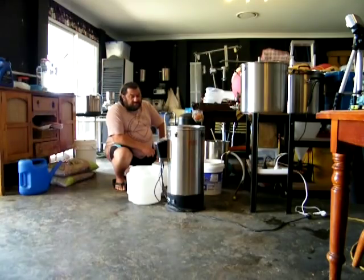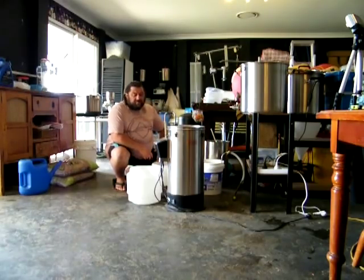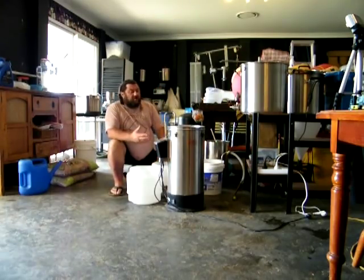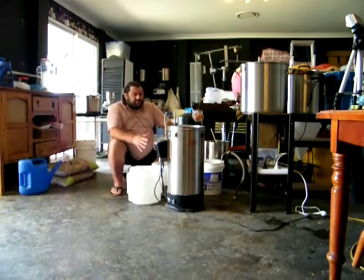Would I recommend this system for somebody getting into all grain? Definitely. It's a fantastic way of getting in. I haven't tried the beer yet. It's looking good. I can't see any reason why it's going to be any different than anything else. It's going to be like any system. A couple of tweaks along the way and adjustments to your recipes and your process to get it right. But to jump in first time and knock out a brew on the numbers,